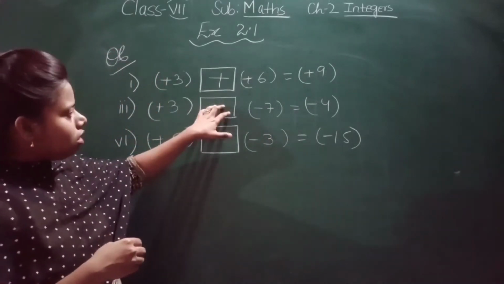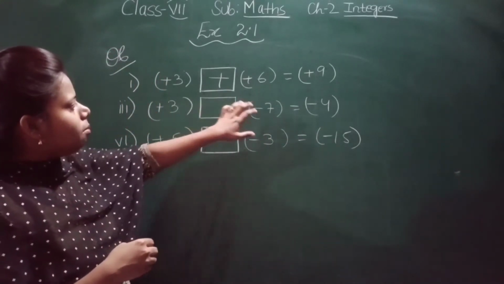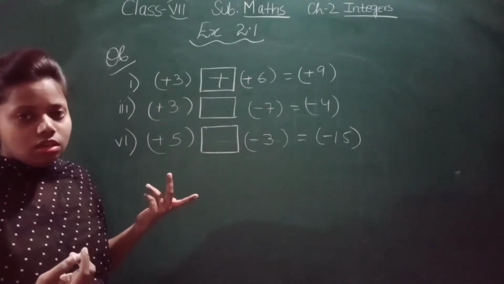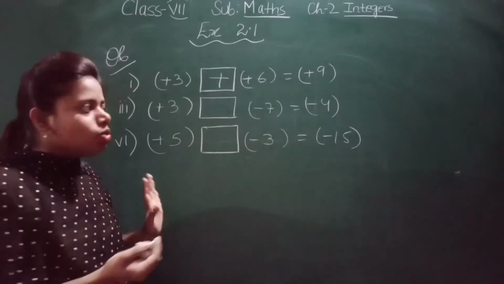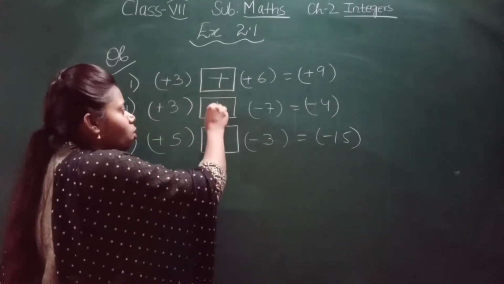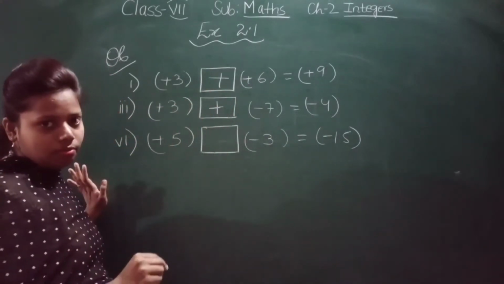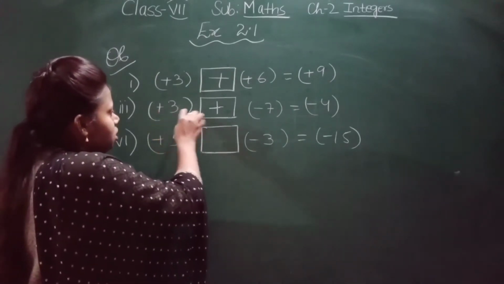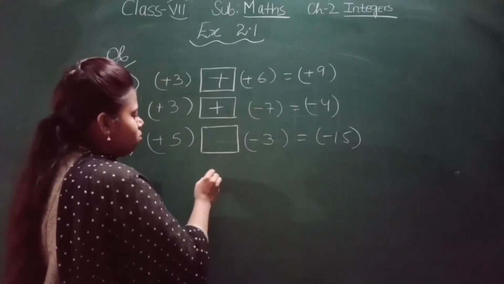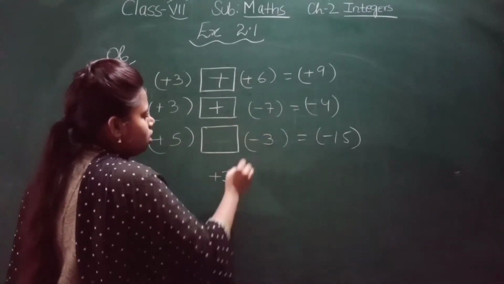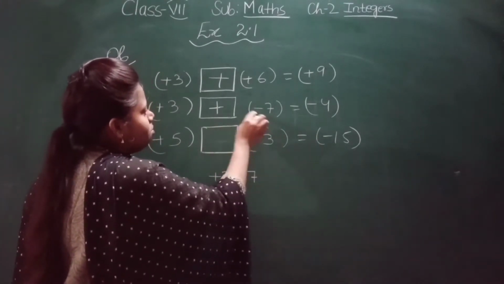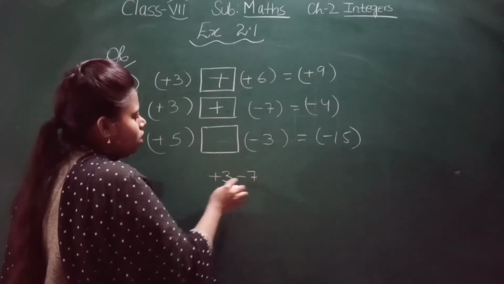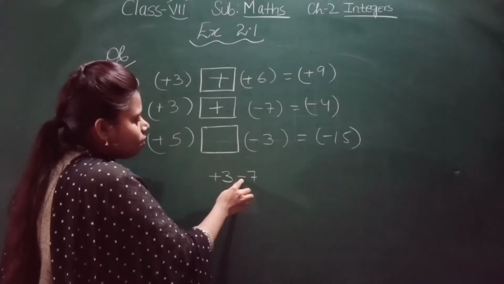If I put here a negative integer, what will it become? It will become minus minus plus. So what will it become? It will become 10 plus 10. But the answer is what? Minus 4. So what we have to do is put here a positive sign. Plus sign will be there. Now how? See there. This is plus 3. Plus minus will be what? Minus. I am showing here. Plus 3. Plus minus minus 7. See, I am multiplying the sign. So plus minus will be minus 7. So plus minus, what is there?